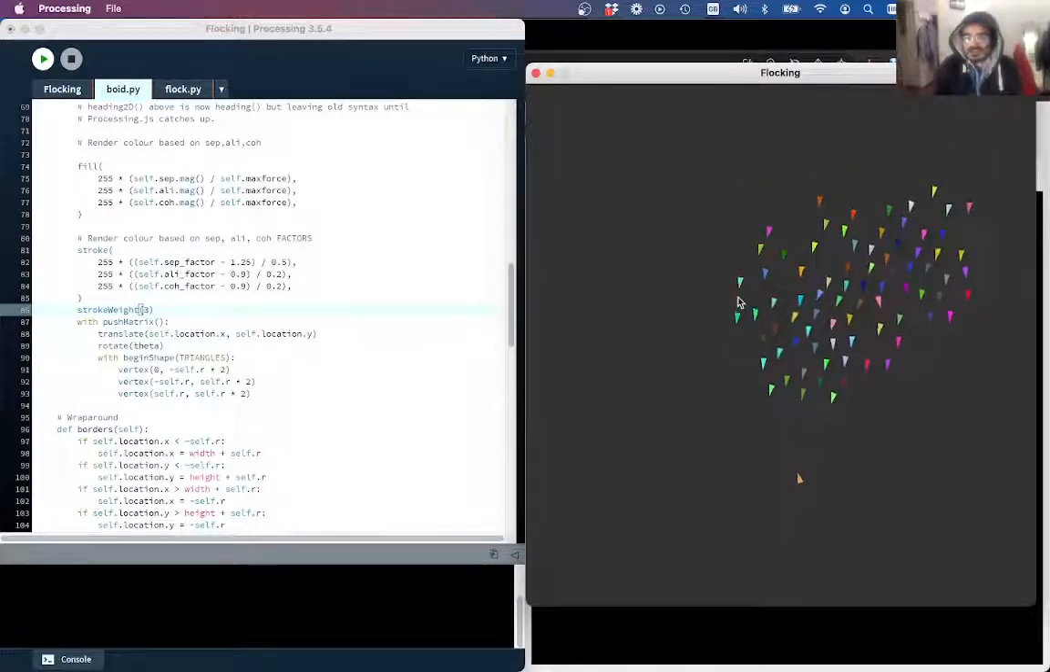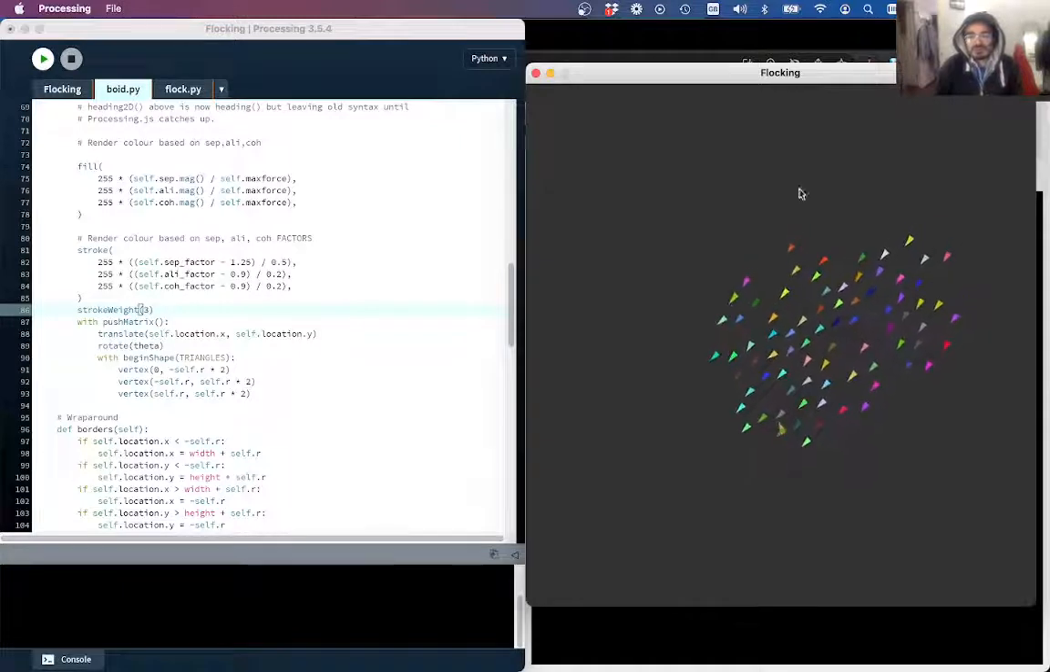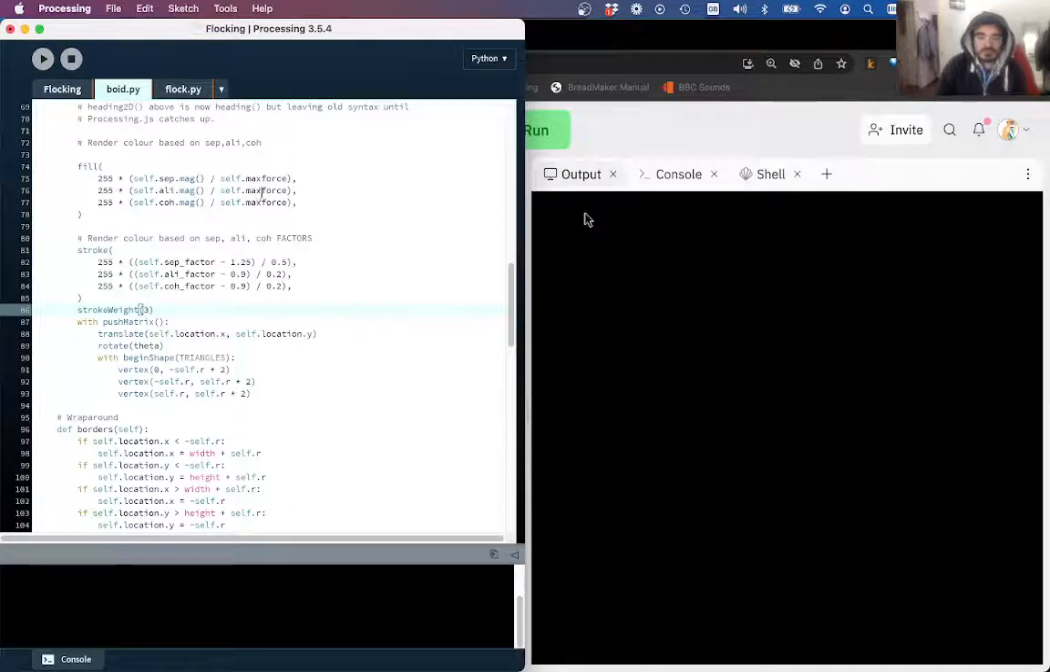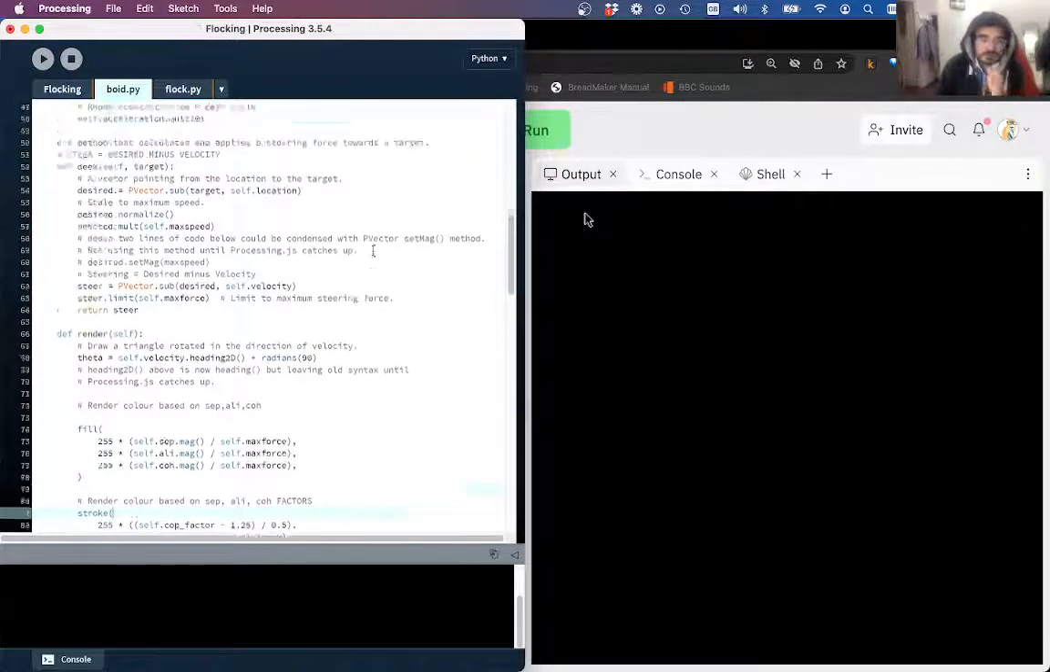The alignment means they will tend to continue in the same direction. That's what makes them reluctant to change their direction. So if we want a more volatile flock, we want to